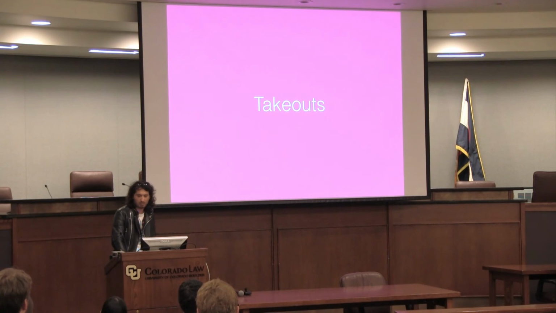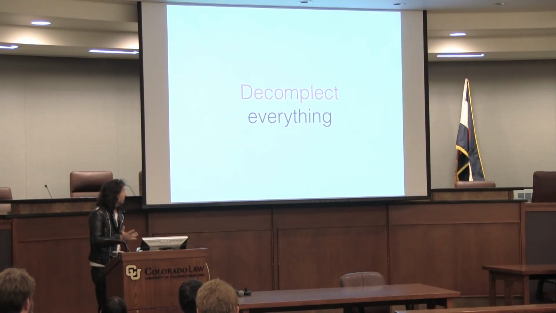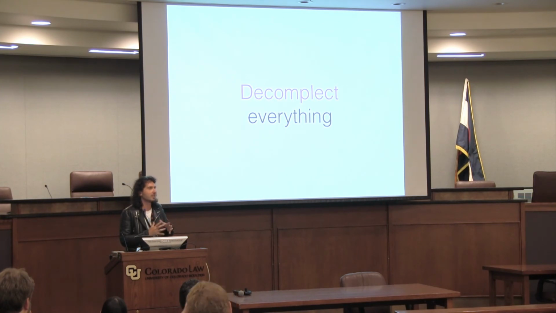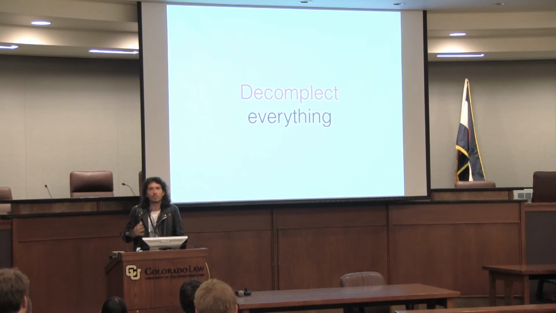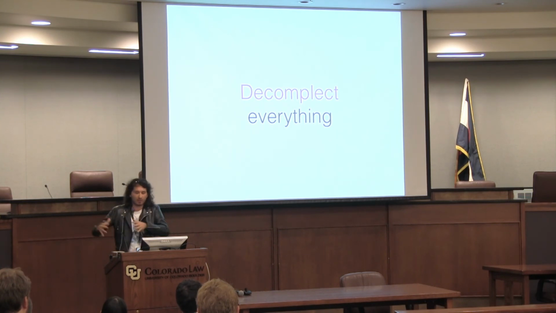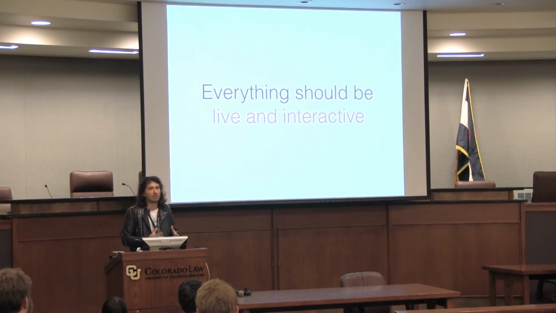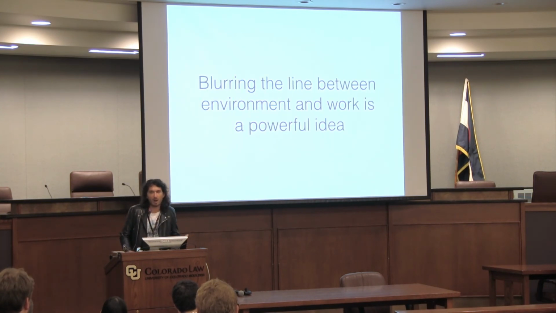So to sum it up, a couple of main points: try to decomplect as many things as possible, don't have different concerns in the same place, and try to find tools that really enable you to do this and become idiomatic for separating those concerns. Then everything that could be live should be live, and it should be interactive. I think it makes for a much better developer story, and also allows you to build tools on top of that.